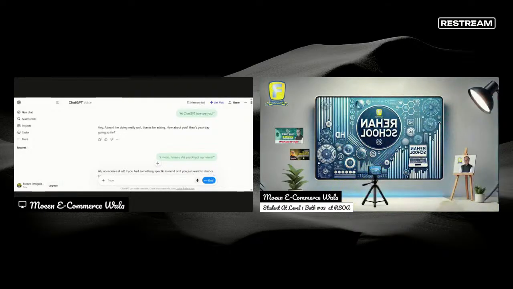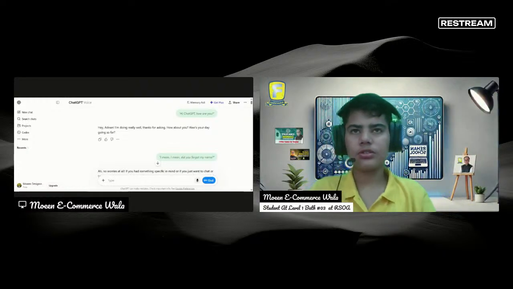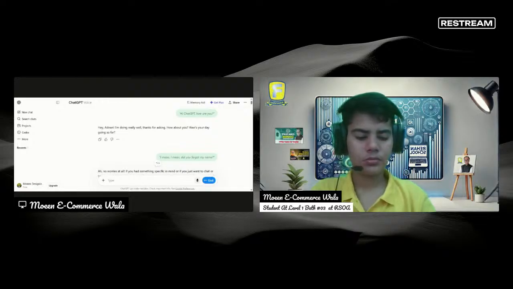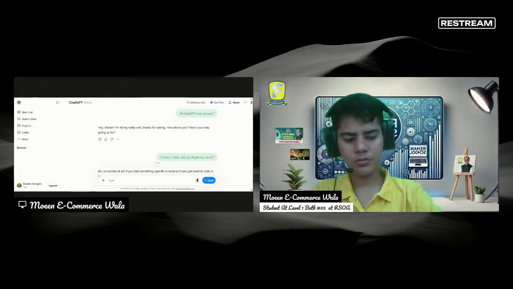Okay, so how can I make it by my own self without using any AI tool? That's a big challenge, but we can break it down. Without AI tools, you'd be building a rules-based system. So you'd need to code all the logic yourself using a language like Python or C Sharp. For example, you'd manually script responses based on keywords or rules, like a decision tree.